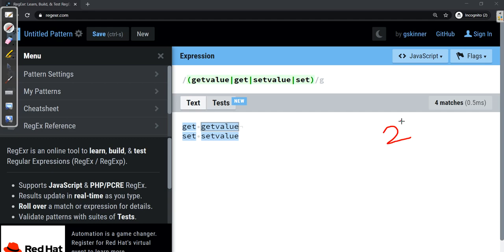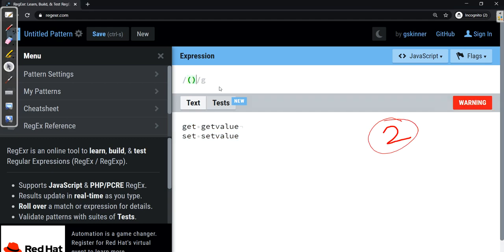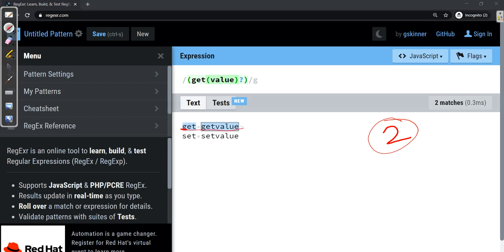Now coming to the second way, parenthesis first, and with this we will apply get, and inside this, value where the question mark will be there. Here it is matching both of them because we have put a question mark on value, which means it will be 0 or 1.